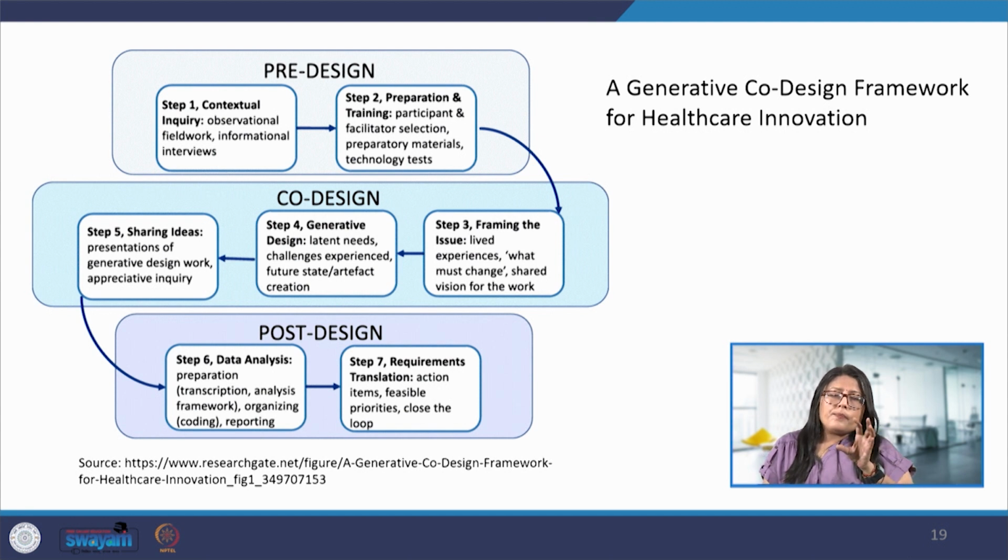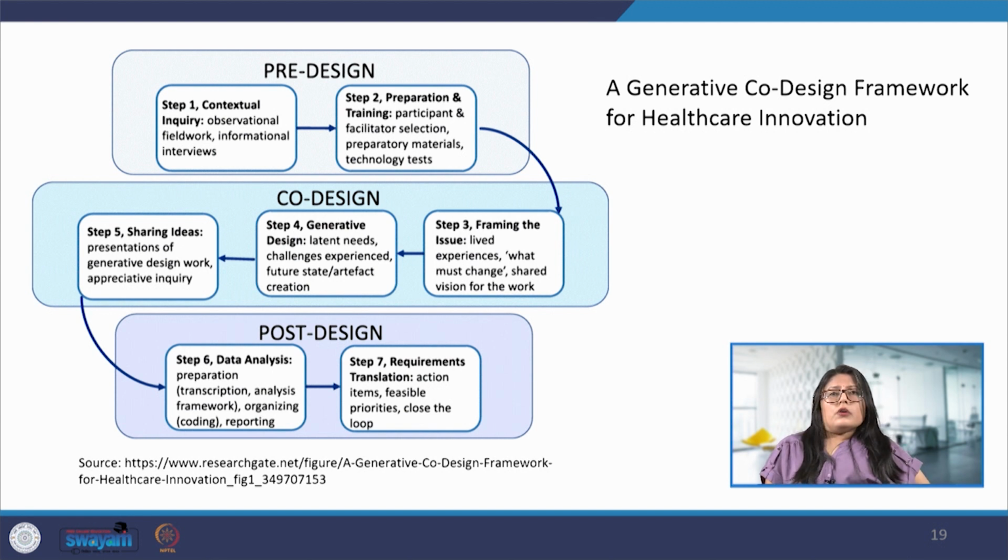Although the sample size or sample study area may be small, it should maybe have a global reach. The next step here is generative design, where the latent needs and challenges that are experienced, and future